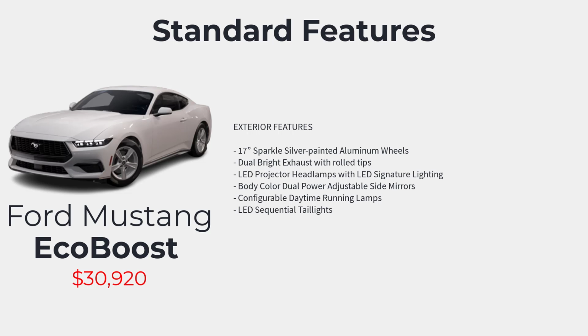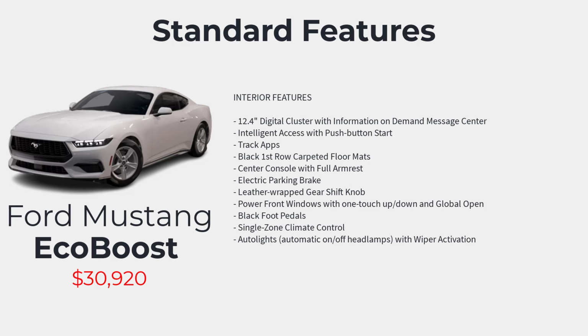side mirrors, configurable daytime running lamps, LED sequential tail lights, 12.4-inch digital cluster with information on demand message center, intelligent access with push button start, track apps, black first row carpeted floor mats, center console with full armrest, electric parking brake, leather wrapped gear shift knob, power front windows with one touch up and down and global open, black foot